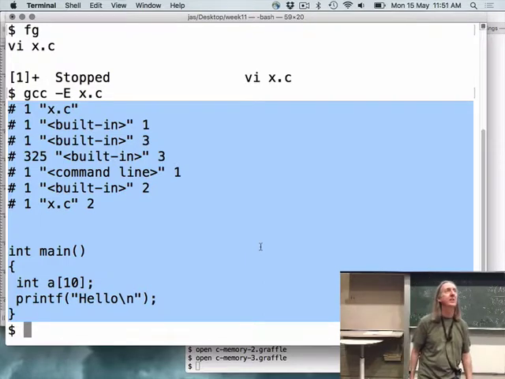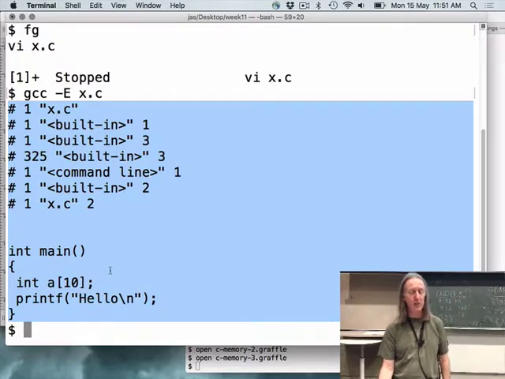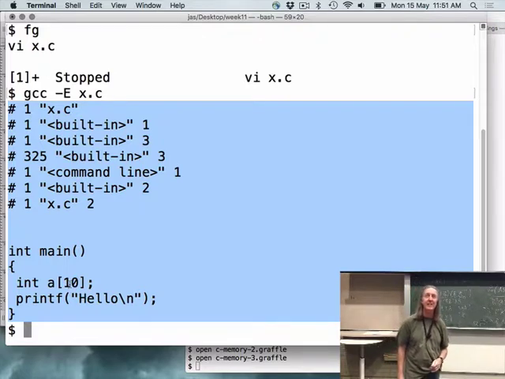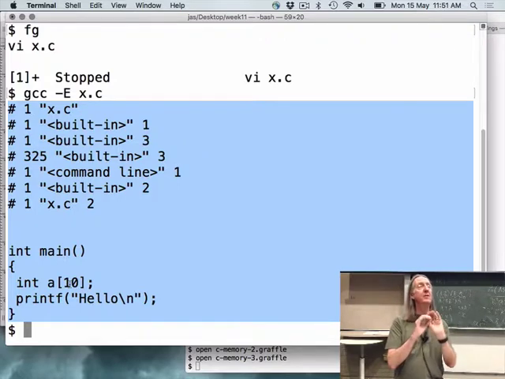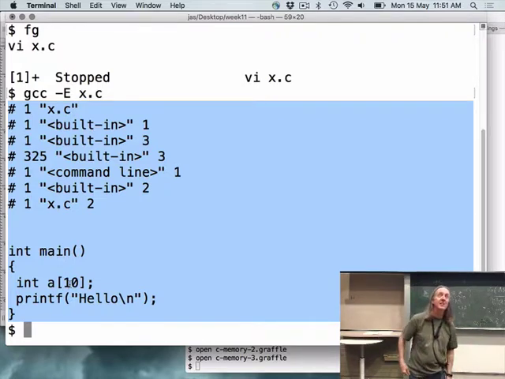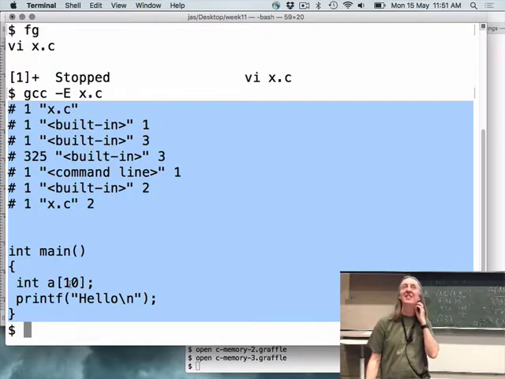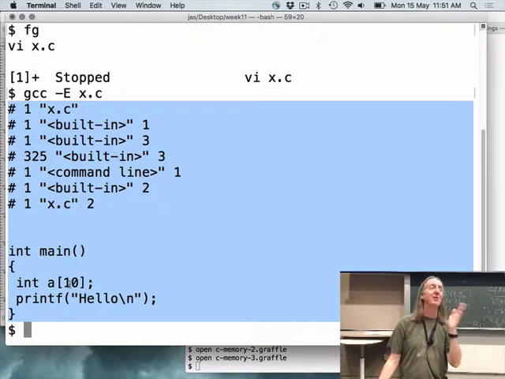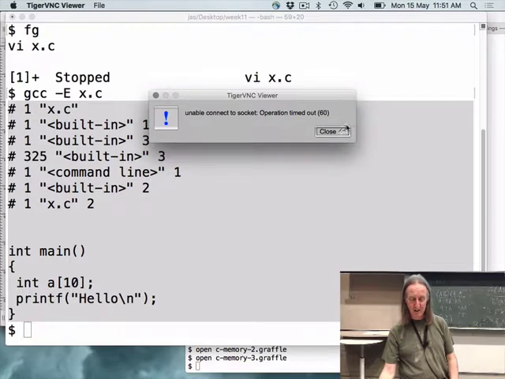One thing to notice, the hash define has gone away, and where I had MAX in the program, I've now got 10. So that's what a hash define does. It basically says, wherever you see MAX in the program, put the number 10. Why do we do that? Why don't we just write the number 10? Because we want a meaningful name. Now MAX isn't a particularly meaningful name. I could have used number of elements or something like that, which would be slightly more meaningful.